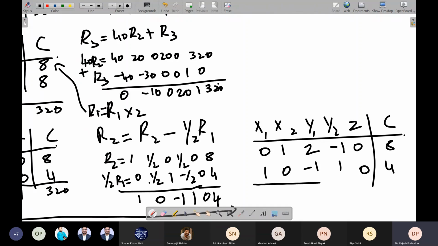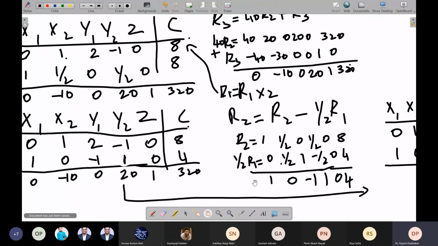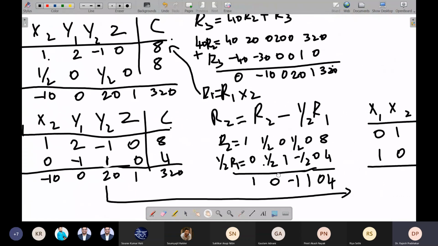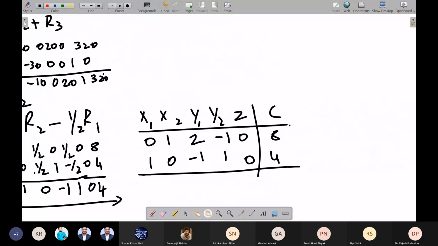And on the last row we have to perform the operations. So what should we do? R3 is equal to R3 plus 10 R1. Sir, can you for once show the table on the left?